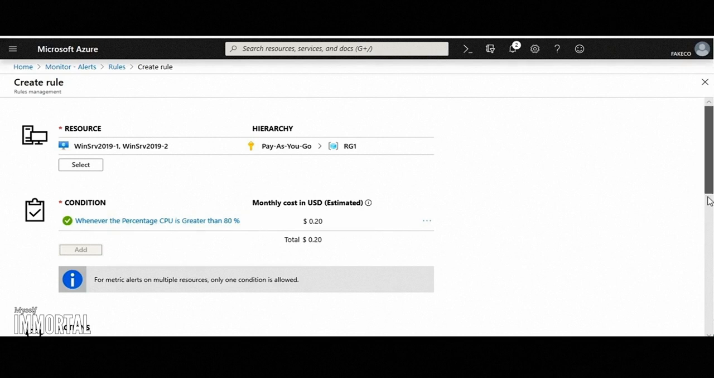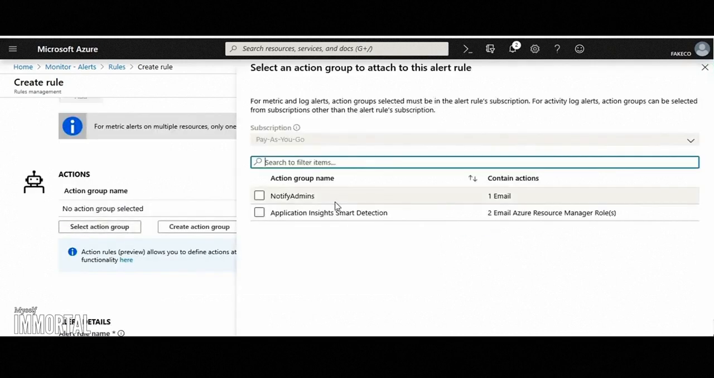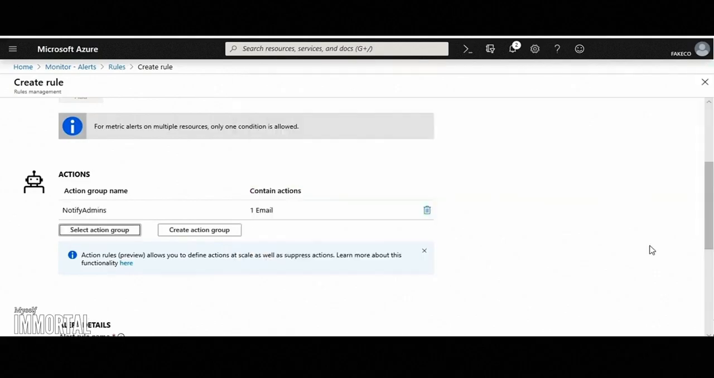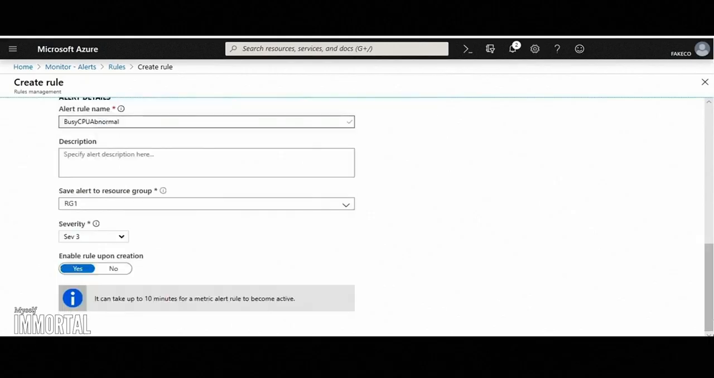And if I go down below that, under actions, once again, we can click select action group like we did in the previous alert rule. I'll choose notify admins, select, and as we go further down, we have to give this rule a name. Let's call it busy CPU abnormal. I'll click outside of it, and then down below, I'm going to accept everything else as a default and choose